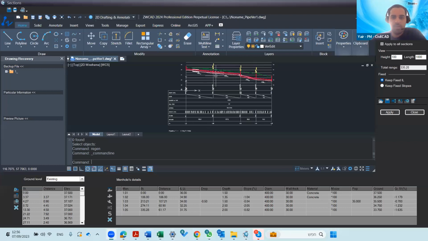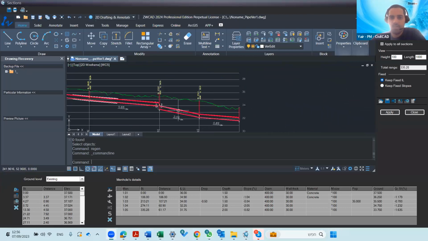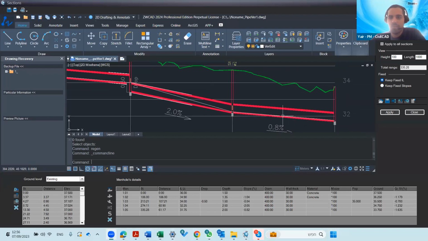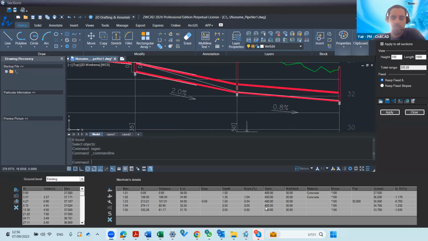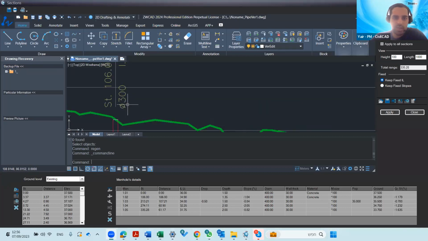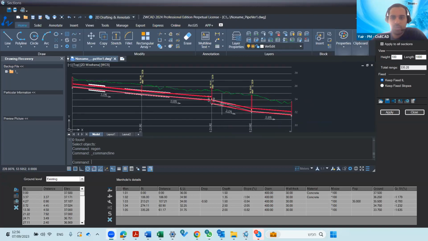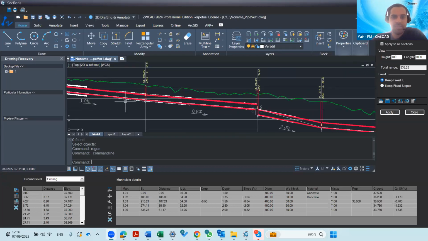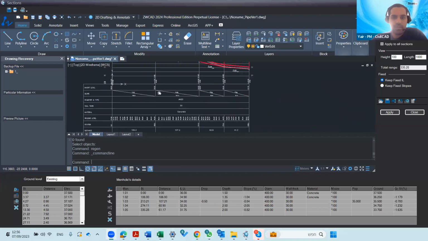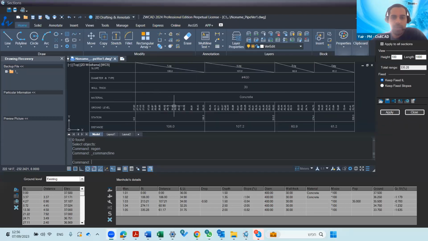So this is, for example, the section of the pipe. This was designed by me 2 or 3 days ago. Okay, with crossings, crossings with the ground level in green over here. This is the crossing with pipes, with sleeves, and of course, all data over here. Okay? And with